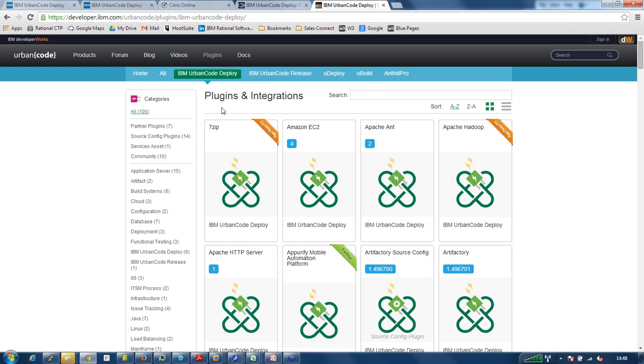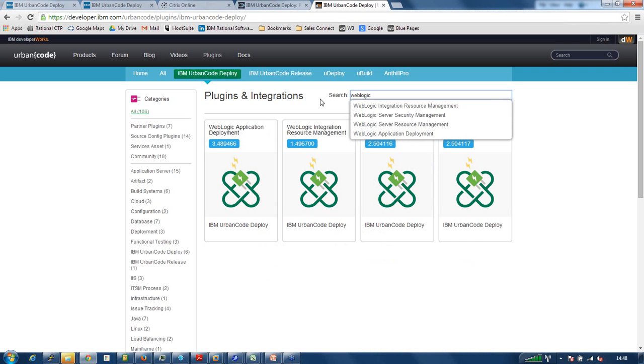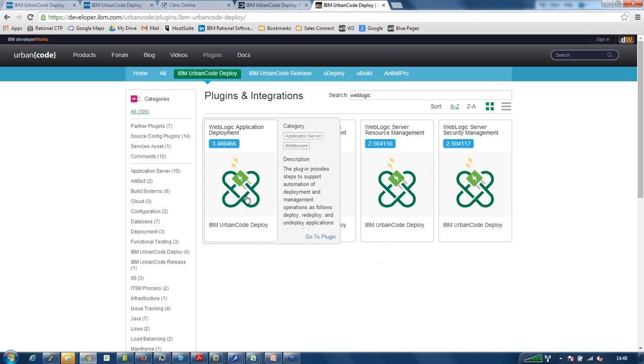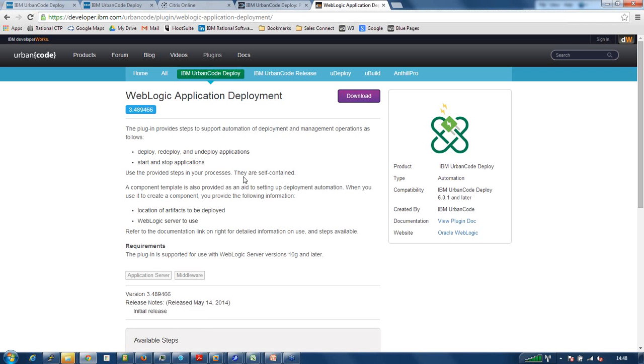We can see all plugins that exist for all the different UrbanCode products, or we can just focus in on the UrbanCode Deploy plugins. And in here, if we type in WebLogic, it filters down the list and takes us to this, and we can then go to look at the detailed information about the plugin,